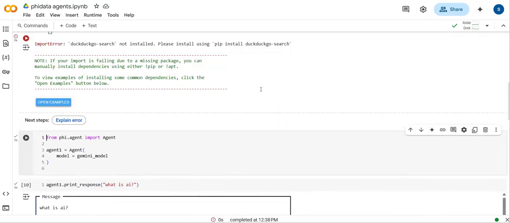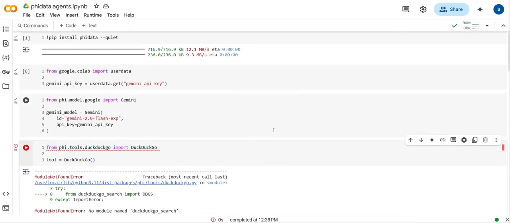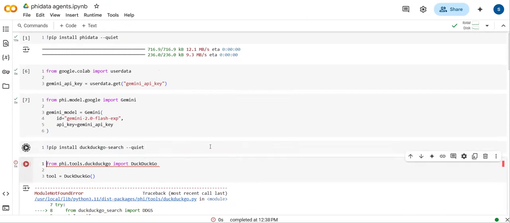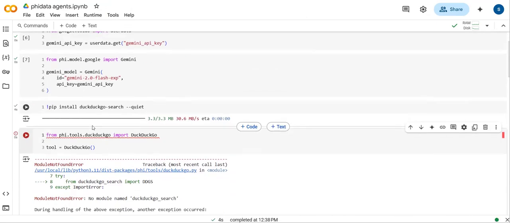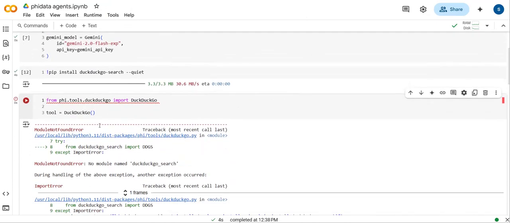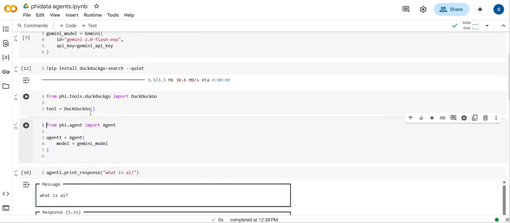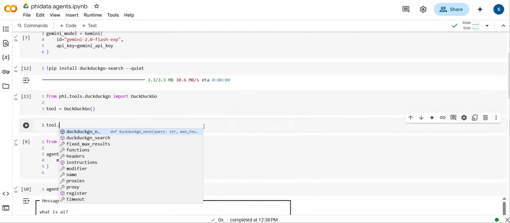Before implementing this, you need to install this DuckDuckGo search because it's a prerequisite for implementing this. If not installed, then please install it. I'm providing the command so that this DuckDuckGo search will be installed. So now you can run this so that the tool will get created. Okay. Now, by using the tool, I want to check whatever methods I have to search